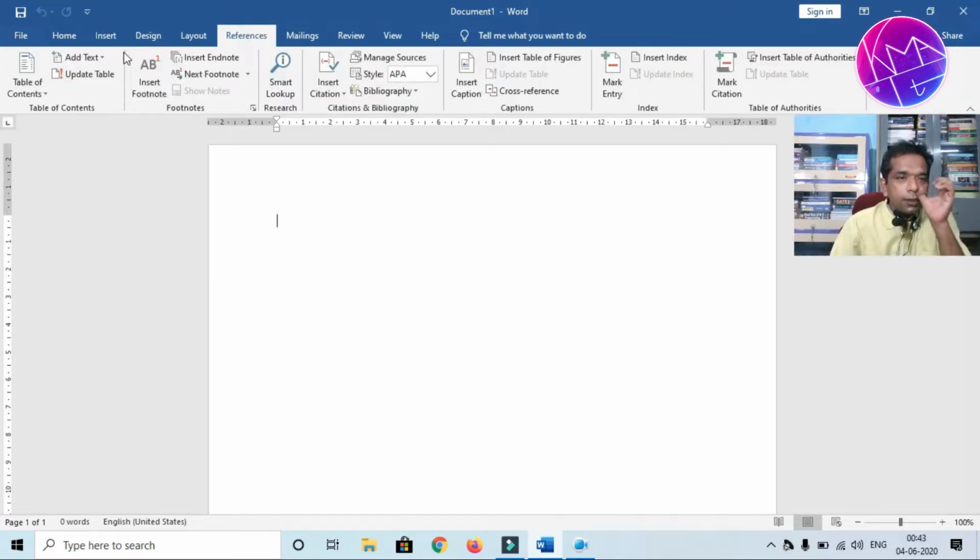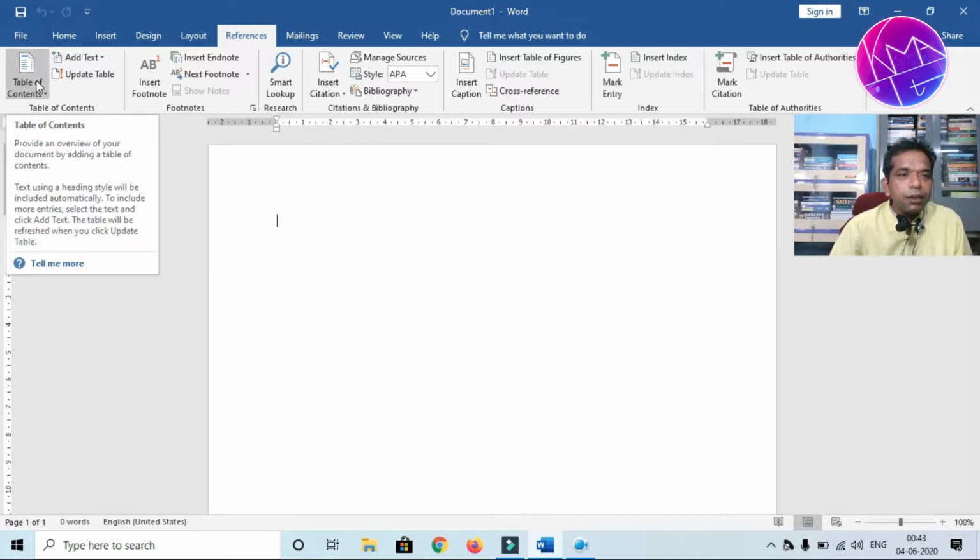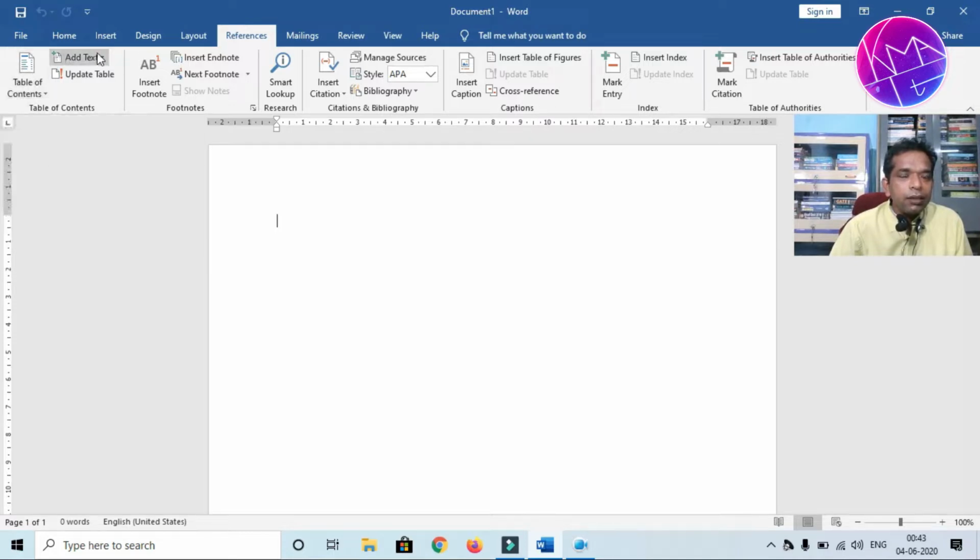Within this tab you can see so many blocks, and adjacent blocks are separated by a vertical line. In the first block, you have the relevant tools to create a table of contents, within which you can see 3 components: Table of Contents, Add Text, and the last one, Update Table.